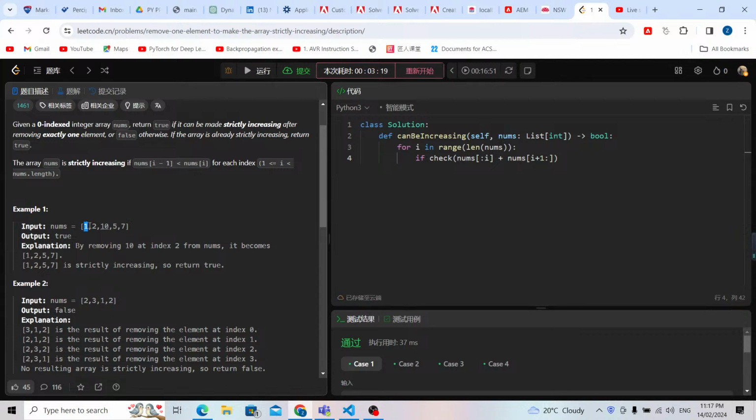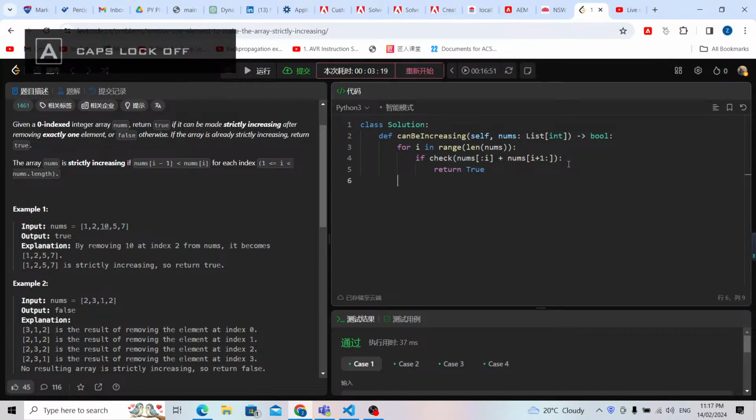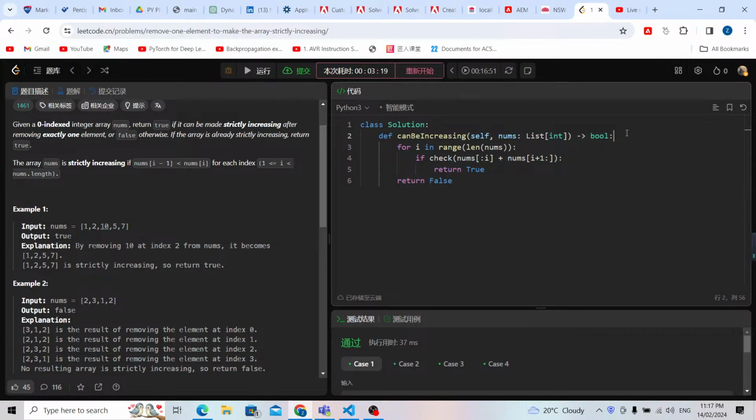So for example, at index 0, I'm gonna remove this number, so it will go to the next number, 0 plus 1, from index 1 to the last number. I'm gonna check, and if this is strictly increasing, I'm gonna return true. Otherwise, I'm gonna return false. Now I'm going to write the check function to check if it is strictly increasing. Inside, it's gonna be an array, so I just need to return